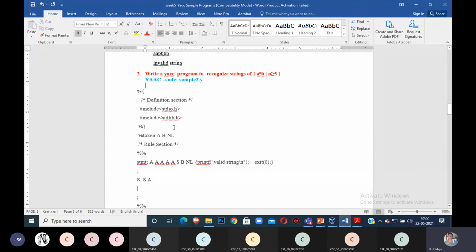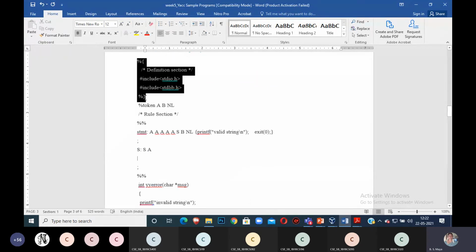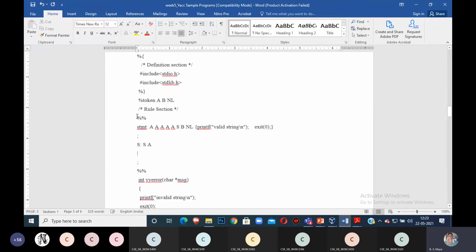Okay, now I come to the YACC program. Definition section: there is nothing changed. Tokens in this program are also A and B only, with newline, that is the enter character. Then I start with my rule section. I am taking non-terminal statement. There is no arrow mark; while writing the grammar we should use colon.